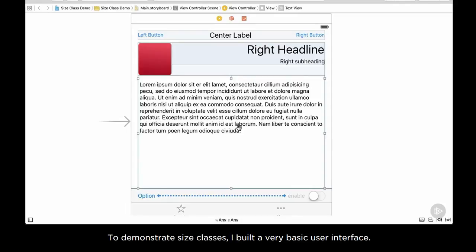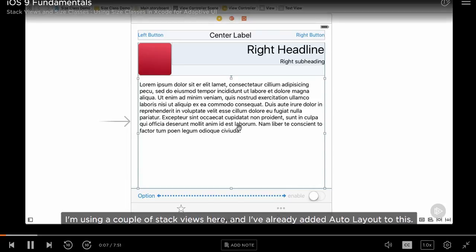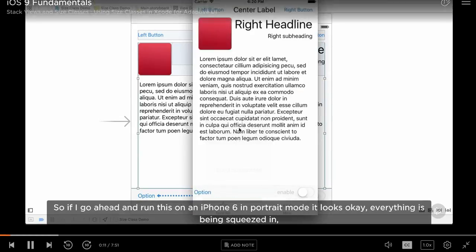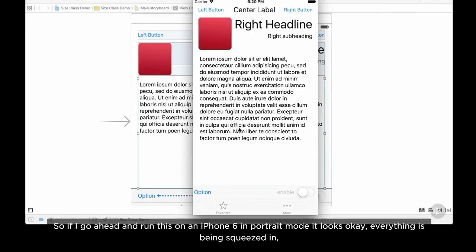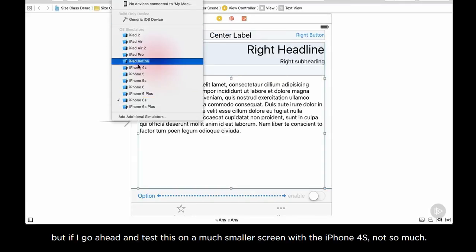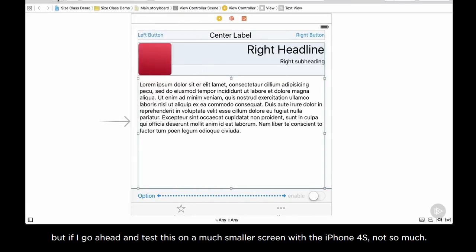To demonstrate size classes, I've built a very basic user interface. I'm using a couple of stack views here, and I've already added auto layout to this. So if I go ahead and run this on an iPhone 6 in portrait mode, it looks okay. Everything's being squeezed in. I've got enough constraints here and using the stack views so I can see all of my content. But if I go ahead and test this on a much smaller screen with the iPhone 4S,